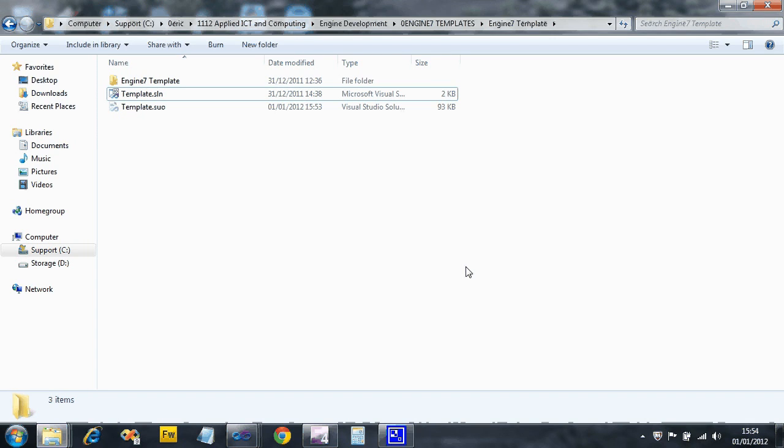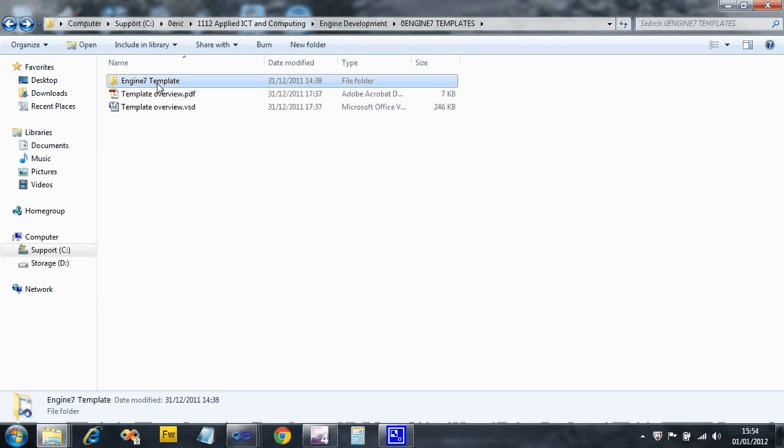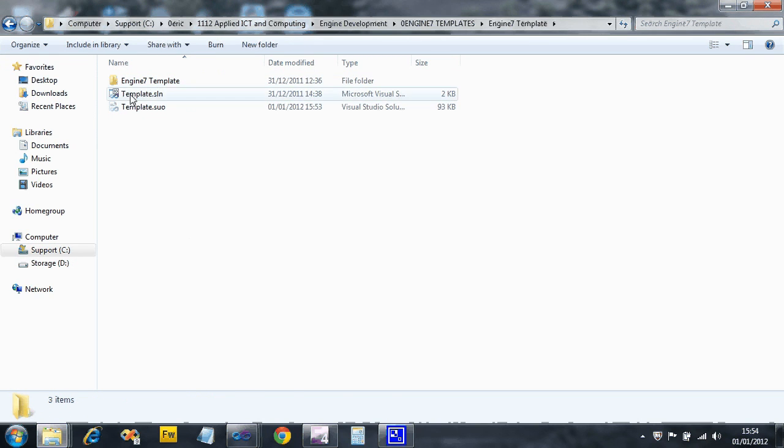Okay, this is the first video showing you how to use the game engine number 7. I'm assuming you've copied the engine template, this file and the folder, from the student shared area. Right, so what we're going to do to start with is load it up. So we're going to go into that folder, and there should be a